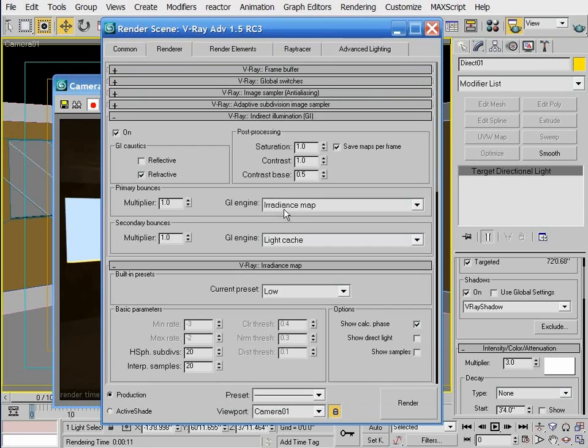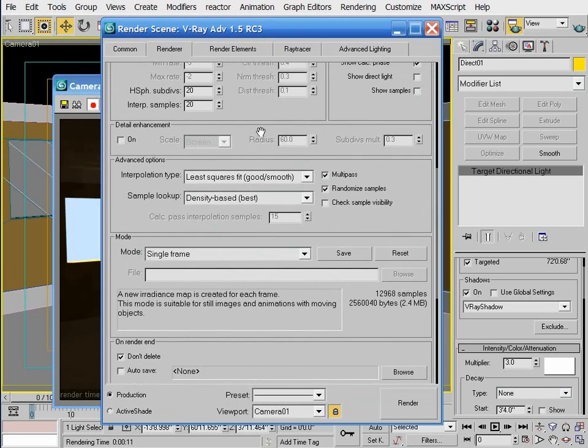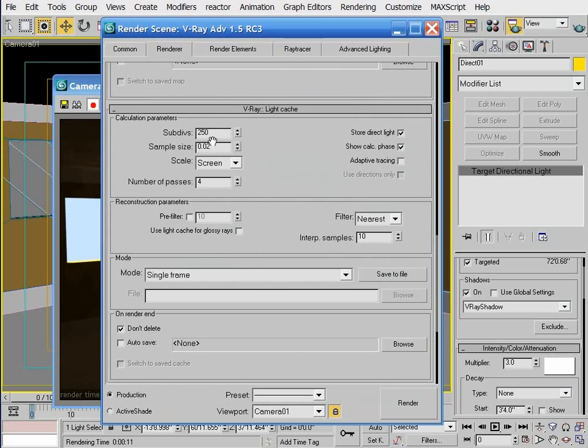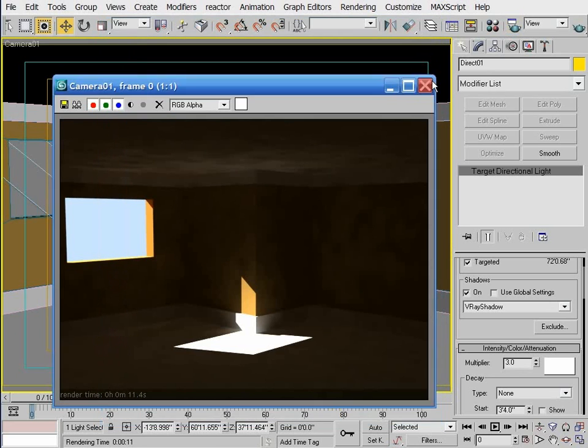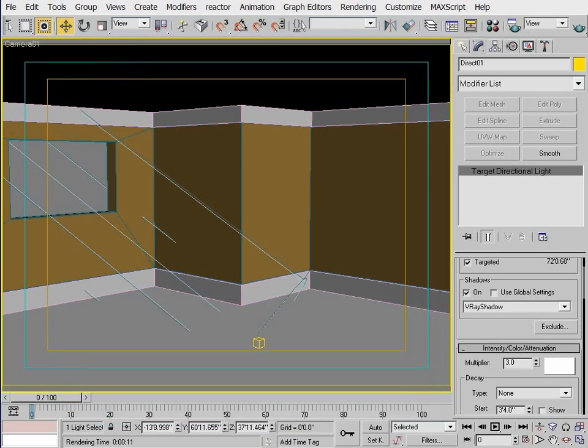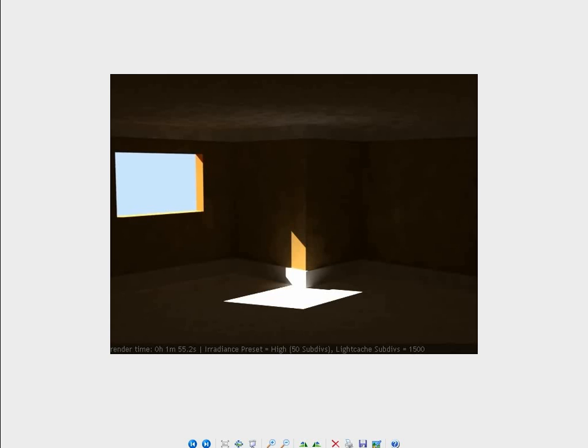I'm using an irradiance map with a low preset and 20 subdivisions and a light cache with 250 subdivisions, which is pretty typical of test renders. It's what I use often for test renders. This is by no means production quality, but just to show you how little increasing the GI quality is going to help in the scene, here's the same scene with a high preset, 50 subdivisions, and a light cache with